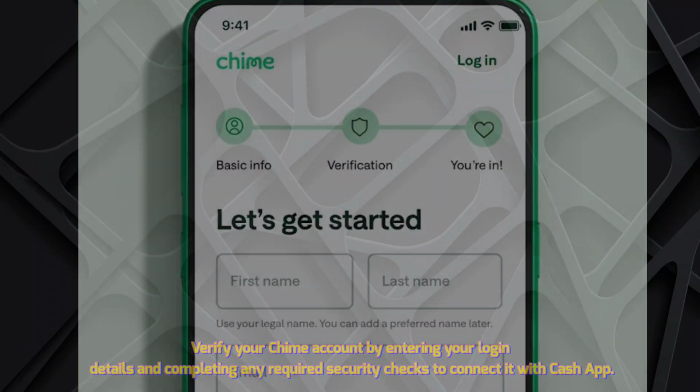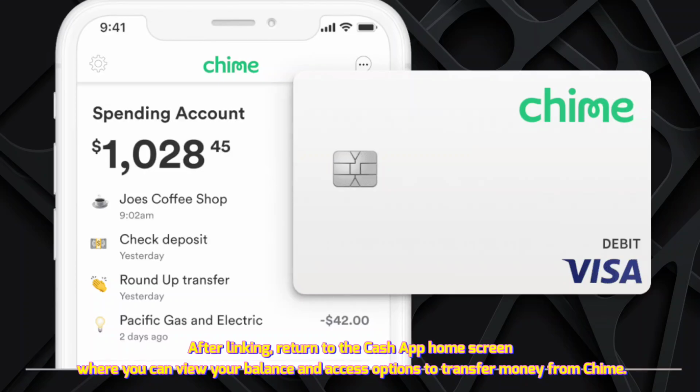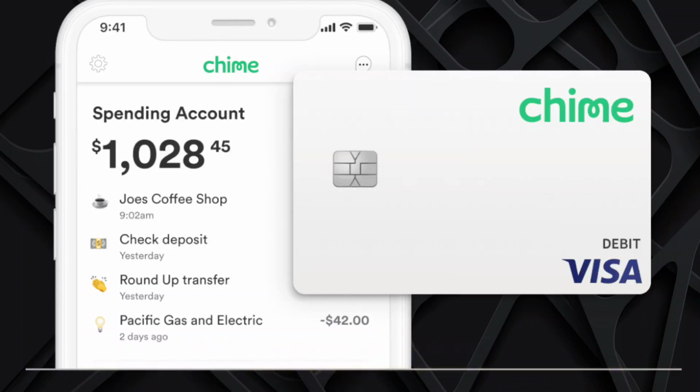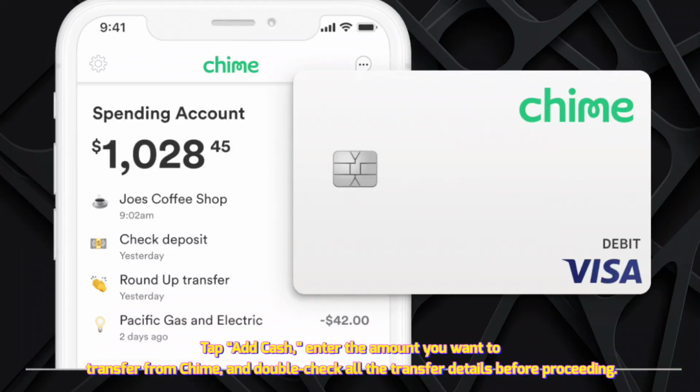it with Cash App. After linking, return to the Cash App home screen, where you can view your balance and access options to transfer money from Chime. Tap Add Cash, enter the amount you want to transfer from Chime, and double-check all the